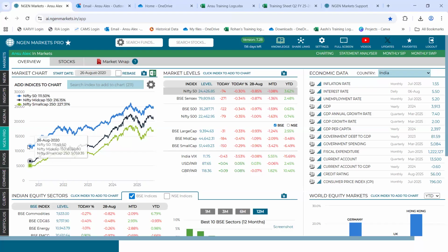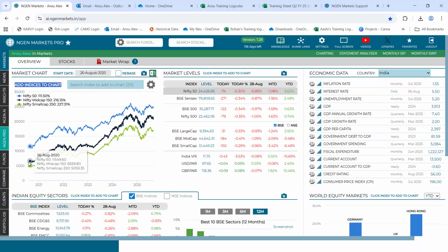Now, the reason for this is not because this index has performed the best. The reason is specifically the level. If at all we want to see which sectoral index has performed the best, you can quickly have a view right below this add indices to chart. You can see out of these three that we have currently selected, Nifty small cap 250 is the one that is performing the best, which is represented by a green line. However, when we look onto this line graph, the green line happens to be at the bottom, not because it has not performed well, but because of its specific level.